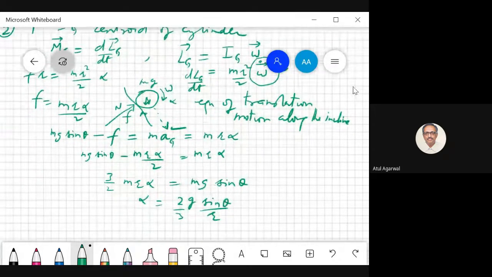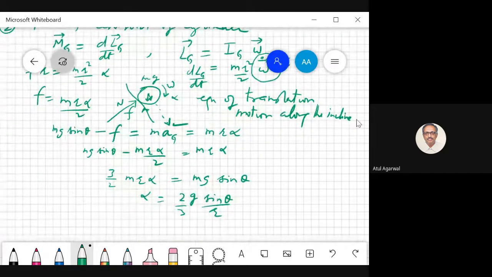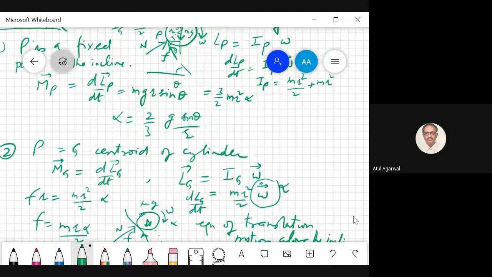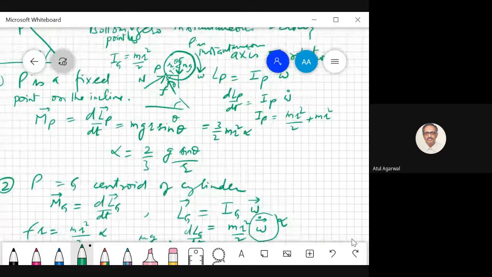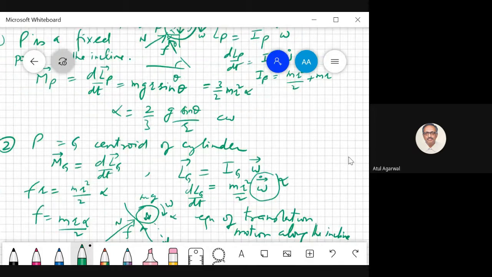And again you are seeing that it is clockwise. Here you had found that this was clockwise. Look, the frictional force has to act in this direction. Otherwise, it will not give it a clockwise twist. Here you see that mg was also giving it a clockwise twist about point P. Here F is giving clockwise twist about point G. You see your alpha is clockwise positive.